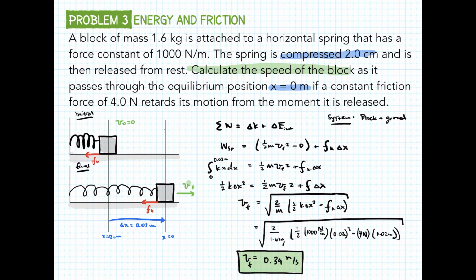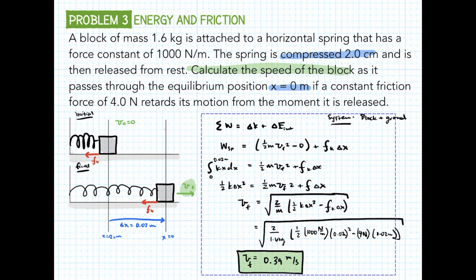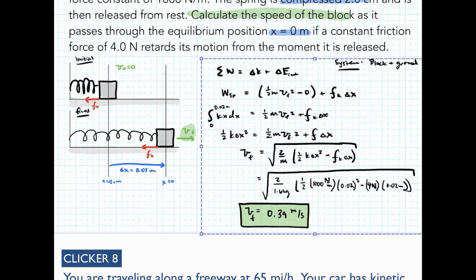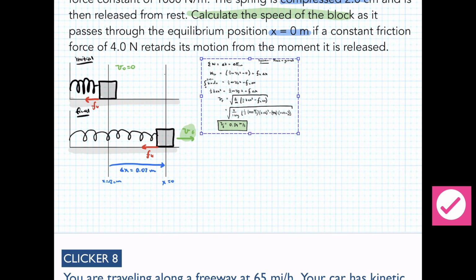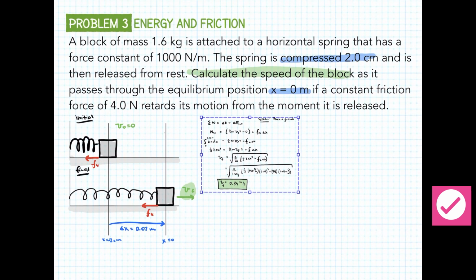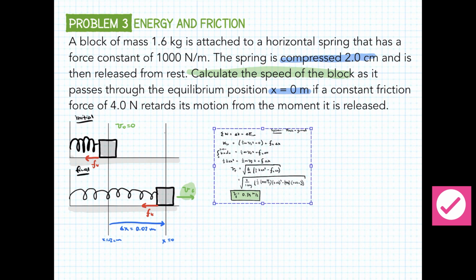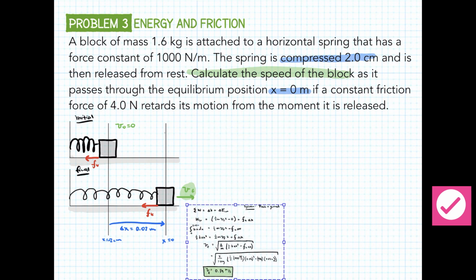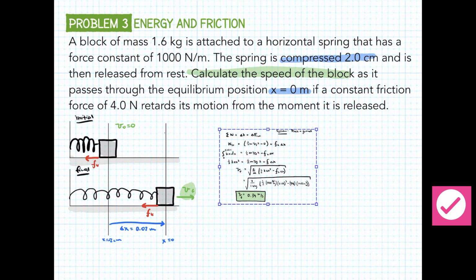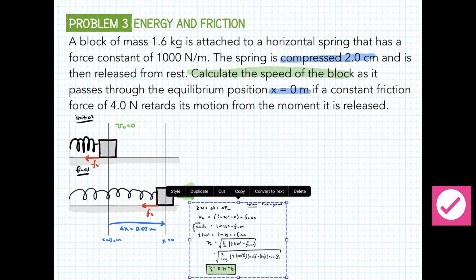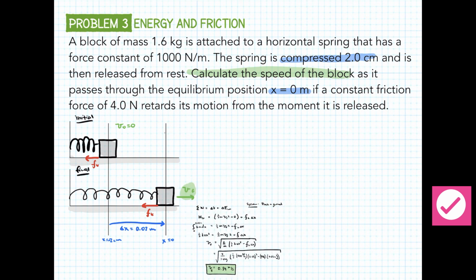So again, we're just looking at our initial and final values. There's another way to solve this, which is if you want to consider the spring to be potential energy. So let me just show you that really quick, and we'll make this small so we can get it out of the way. So if we chose a different system that included the spring,